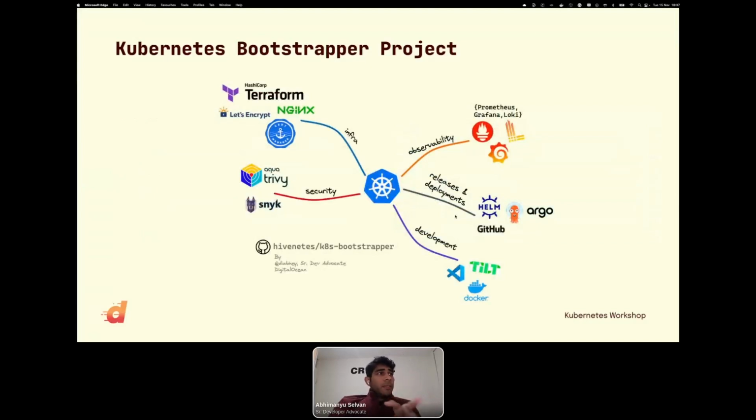In today's demo, we'll be going over a couple of these apps and how the Bootstrapper project uses Argo CD's app patterns to install all these components around Kubernetes. And then we'll go over a couple of these apps to show you how you can get really productive from